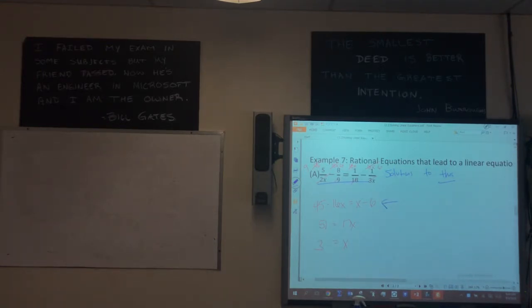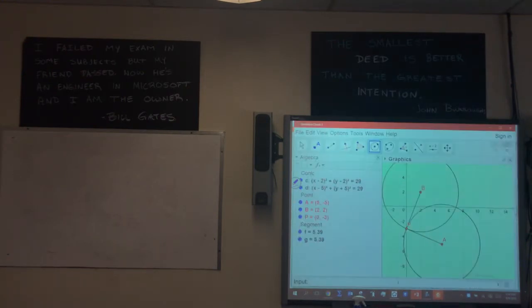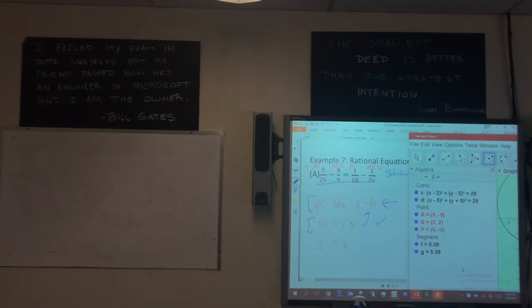Because this is going to be a different graph than what this is going to be. This is going to be a different graph than what that is. But the solutions to this exist in here. Does that make sense? So if the solutions to this exist in here, and the solutions to this exist in there, that means that the solutions to this and the solutions to that should be the same. They should exist within one another. Okay? So I'm going to quickly go to our graphing tool here and just show you